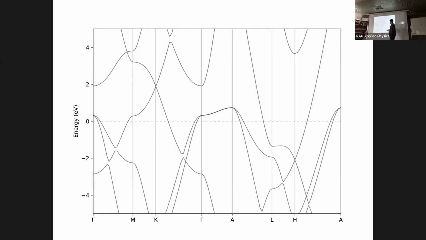It's like one metal and then some selenium or boron 2. And here from gamma to A, so when you go up in the Brillouin zone, you see that this band is not flat. In titanium selenide 2, it was almost flat, but it goes up some. But it's also not so